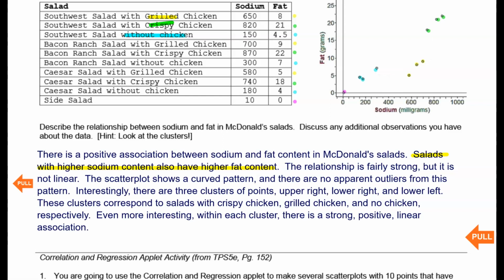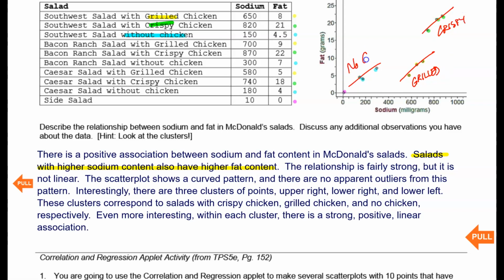Interestingly, there are three clusters of points: upper right, lower right, and lower left. Those clusters correspond to salads with crispy, grilled, and no chicken. Even more interesting, within each of those clusters, it's fairly linear within each of those different types of salads. And again, this guy up here was my grilled cluster, crispy,